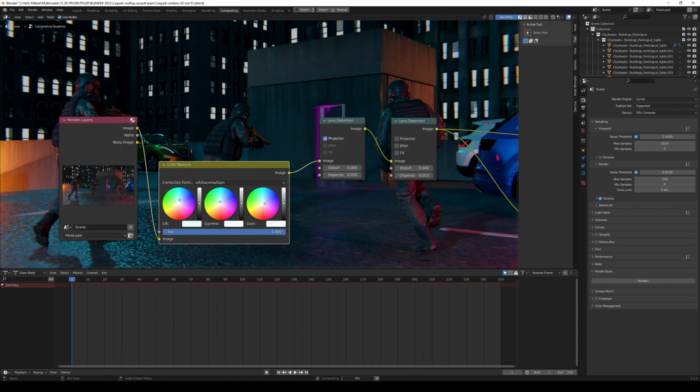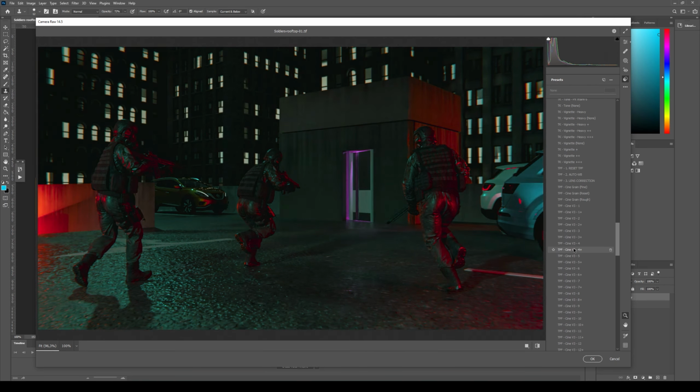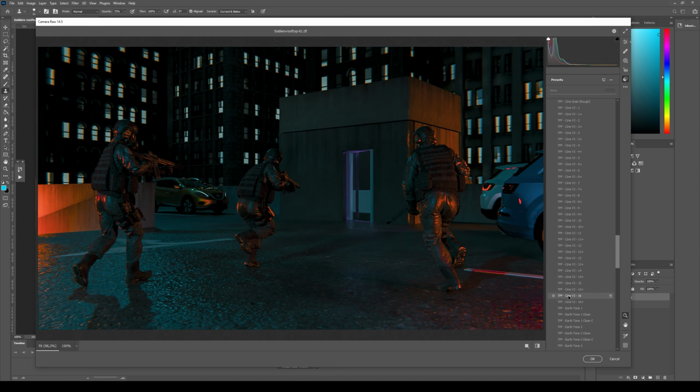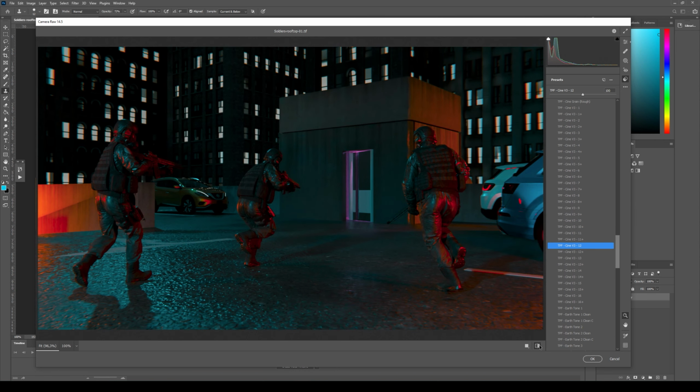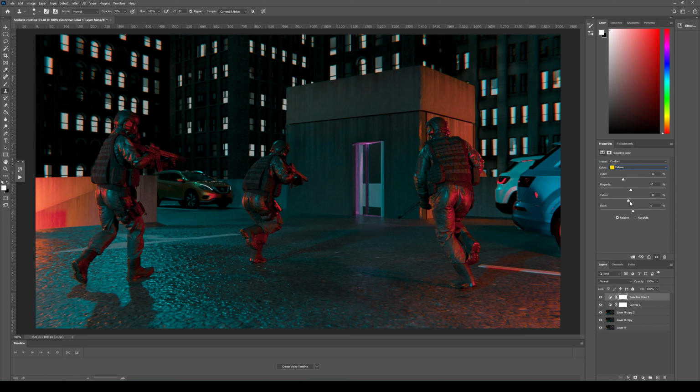So that's a way to create an action scene in a fast way, solely using Blender, but I'm going to throw it into Photoshop. Here you can see a little time lapse of what to do if you wanted to use Photoshop as well. It's just the same render and just messing around with the colors like you were able to do in Blender,